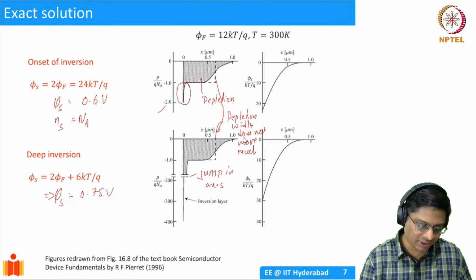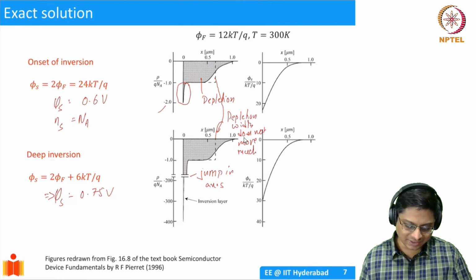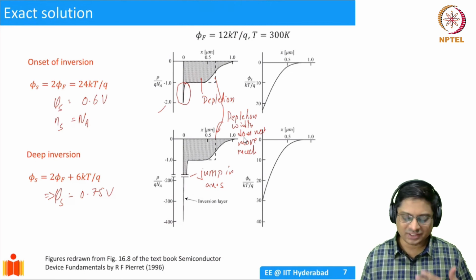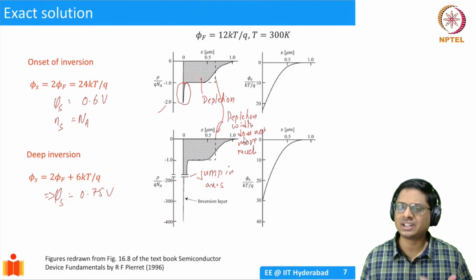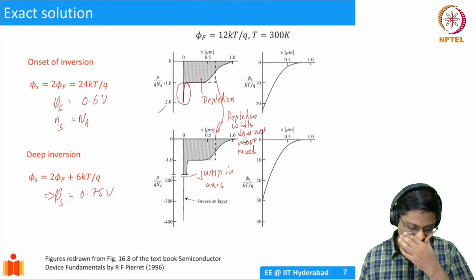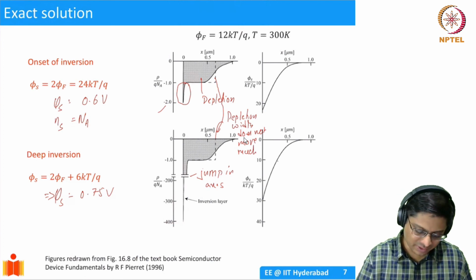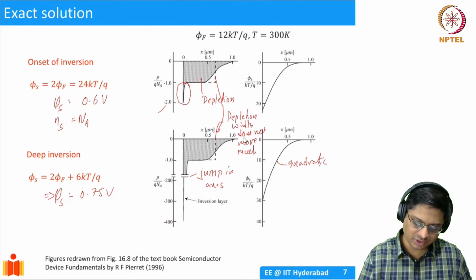All right. And we have the corresponding surface potential as well. Okay. So these are the exact solutions. So please take some time and analyze this data. These graphs are very, very useful in understanding the physics. Okay. So this quadratic shape, multiple times we have talked about it. Quadratic potential.